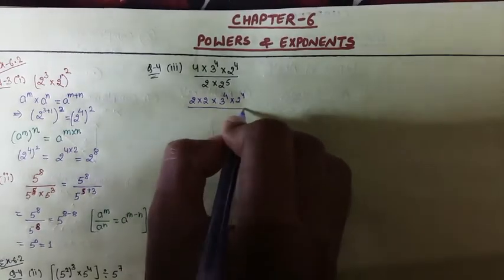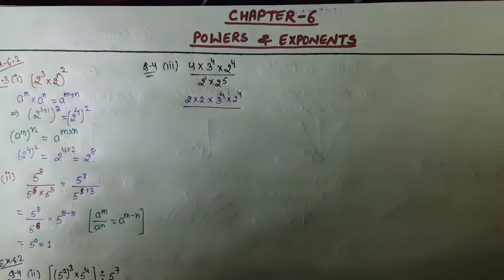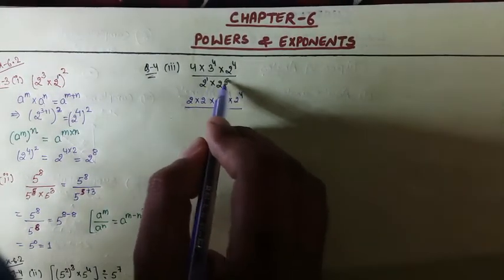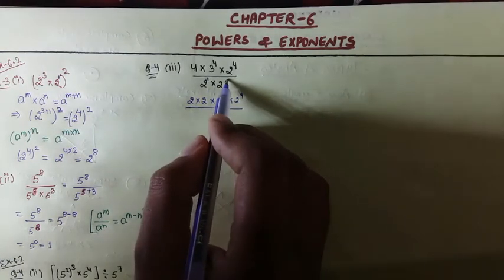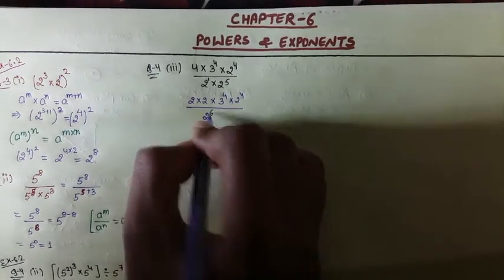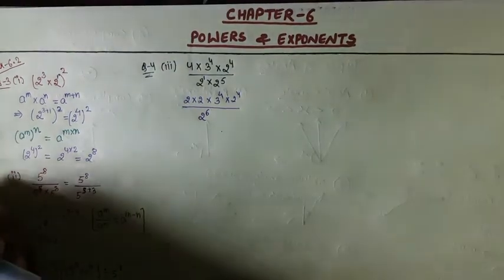divided by, here see 2 to the power nothing means 1 is over there, and here we have same base and different powers. It means powers will get added up. Powers क्या हो जाएंगी? Add हो जाएंगी. So it will become 2 to the power 6. 5 plus 1 is nothing but 6. ये हो जाएगा 2 to the power 6.